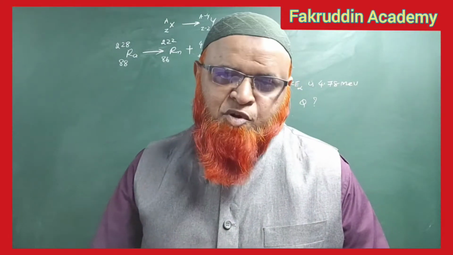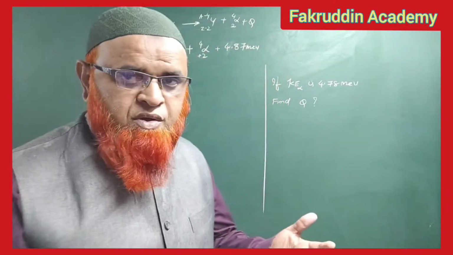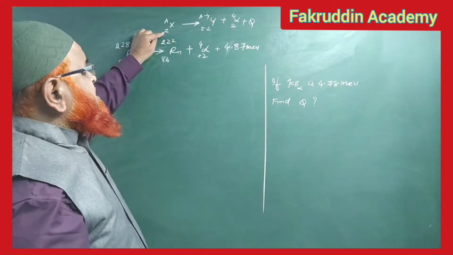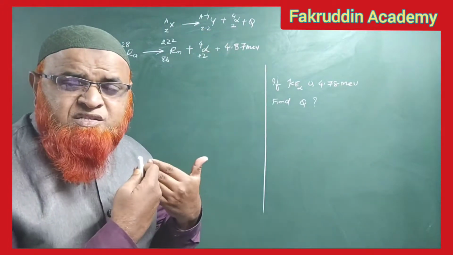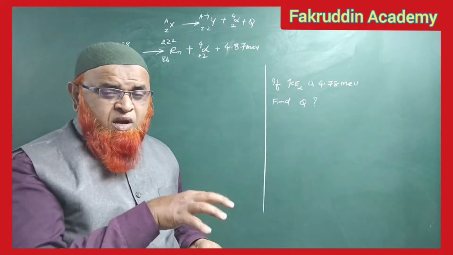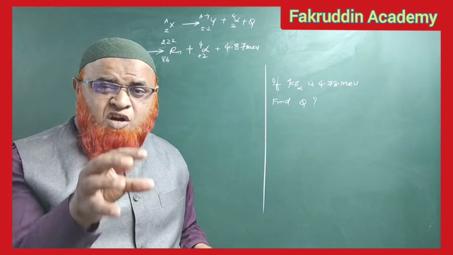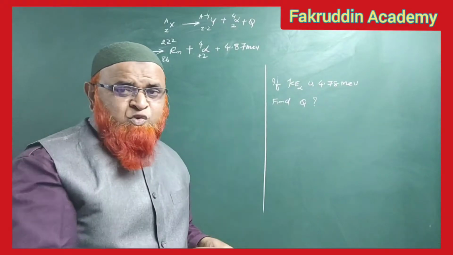Today we shall discuss a very important topic which is called alpha decay. So in this alpha decay, let us see what is going to happen here. X is considered having atomic number Z and mass number A. Whenever an alpha particle is released from any parent nuclei, then you are going to get a daughter nuclei. And if you observe this daughter nuclei, its atomic number reduces by 2 units and mass number reduces by 4